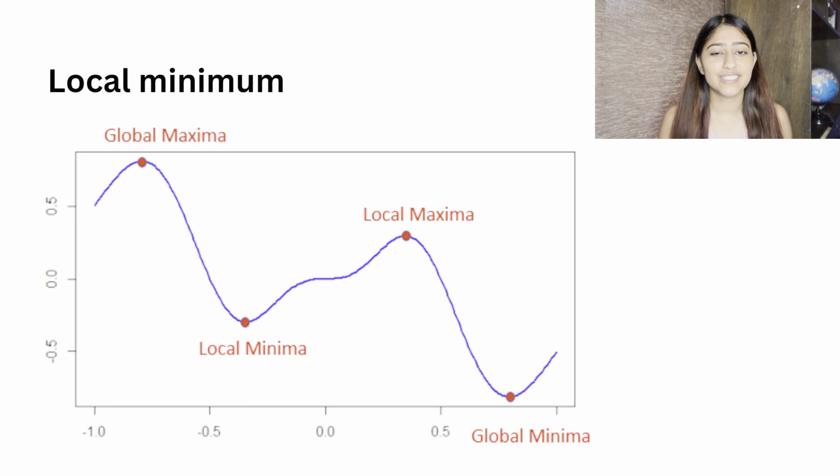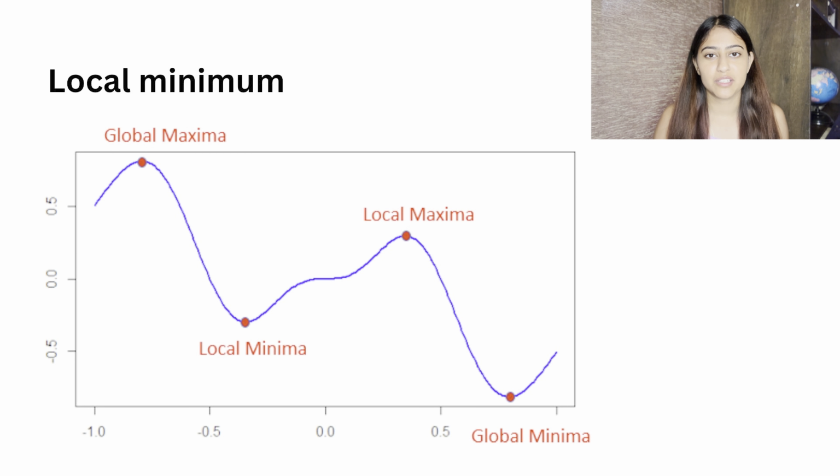Next up, we've got the dreaded local minima problem. These are the pits in the loss surface wherein the gradient becomes zero and the gradient descent function just stops. Now the thing is, it is a good solution, but it is not the best solution, because maybe just a little bit further there is a global minima that goes even lower, and that is the actual spot where your gradient descent function should stop.